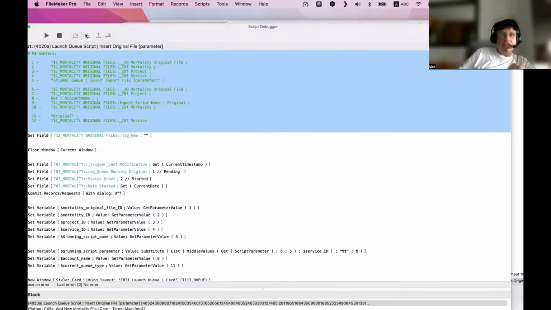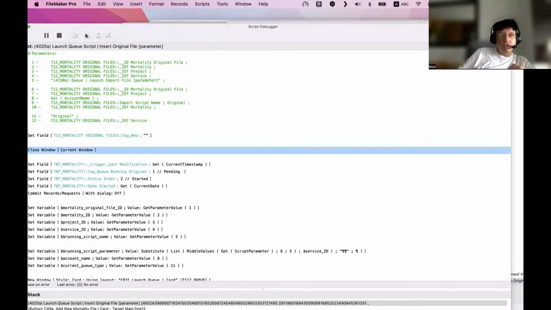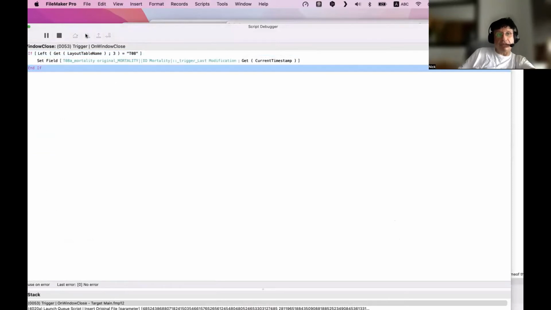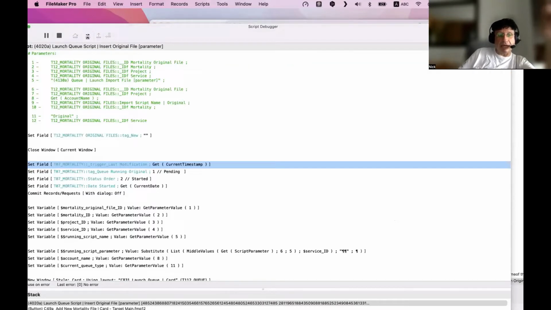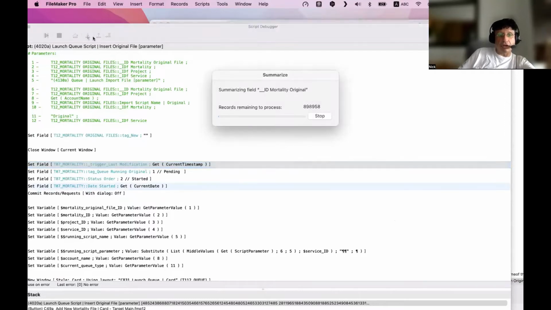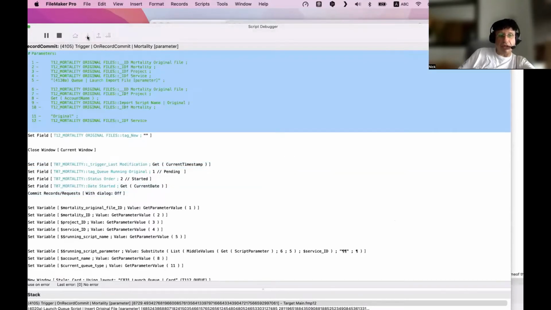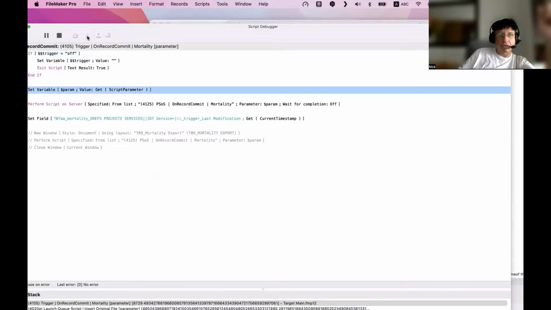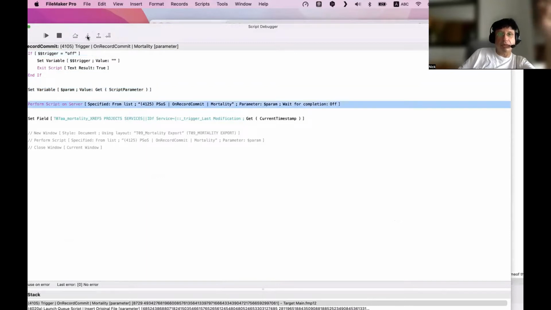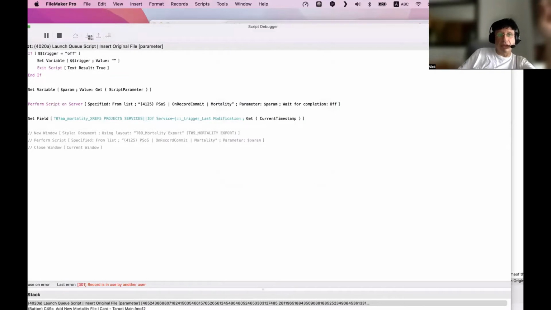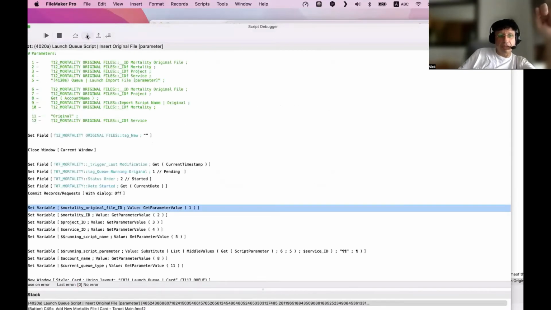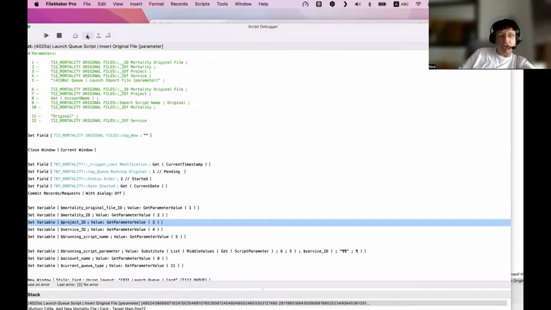So let's continue this to make sure that I have all the IDs running. Yes, it's normal, because I want to make sure I have the service ID.